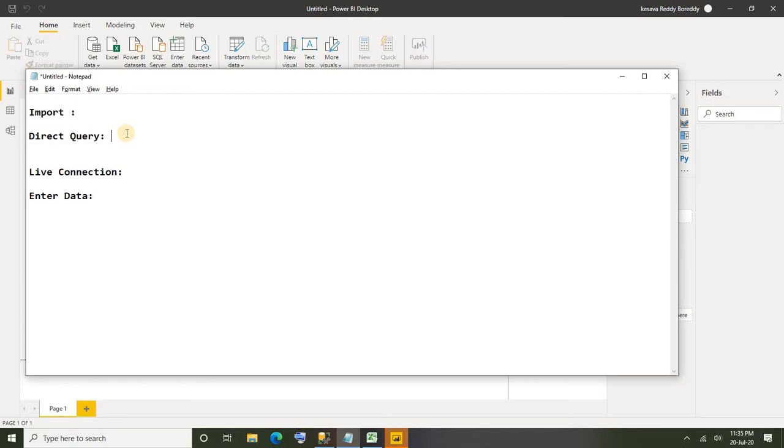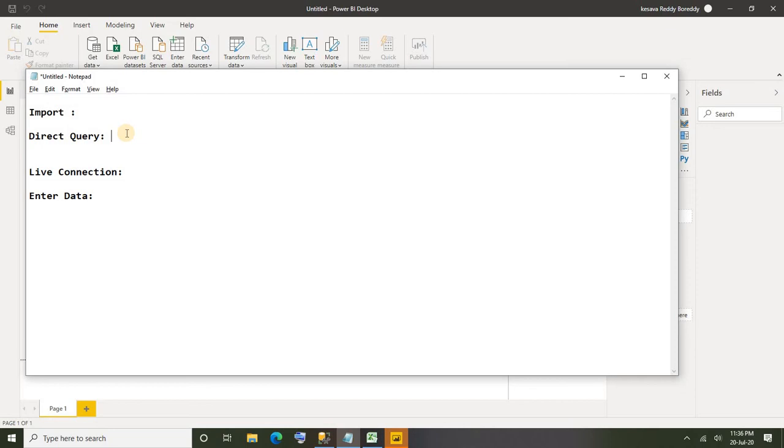Of course there are some disadvantages also when you go for direct query. As data resides in your data source itself, whatever query you are executing in your Power BI has to be directly executed on your data source to pull the data into your Power BI. So as it has to query the data source directly, your query performance will be slower. You should have a proper well-tuned database and also well-tuned queries. If queries are not tuned well, obviously your report performance will be hampered. So that's how it works.